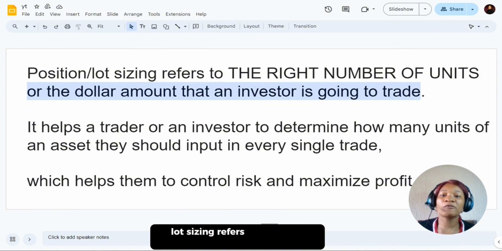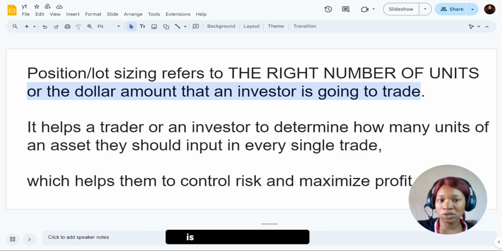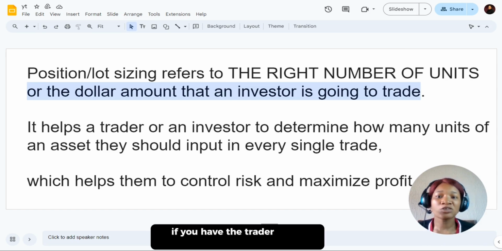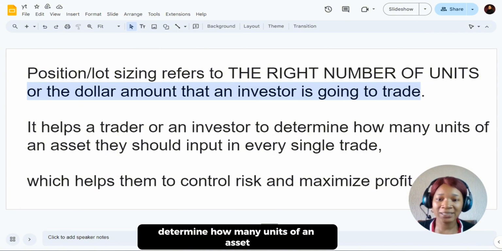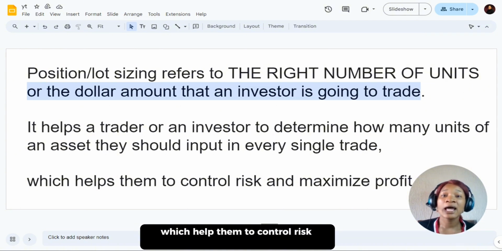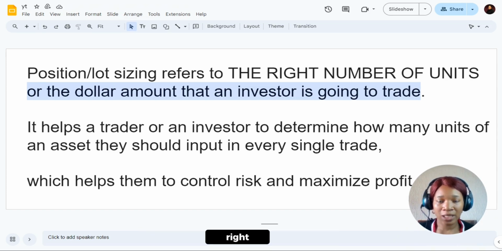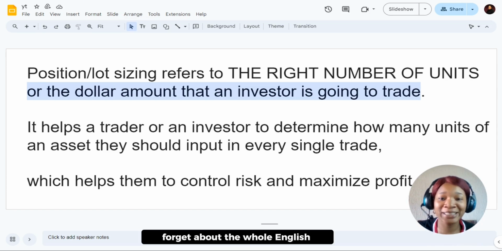Lot sizing refers to the right number of units or the dollar amount that an investor is going to trade with. It helps a trader or an investor to determine how many units of an asset they should input in every single trade, which helps them to control risk and maximize profit. All right, forget about the whole English that was just spoken. Just understand that